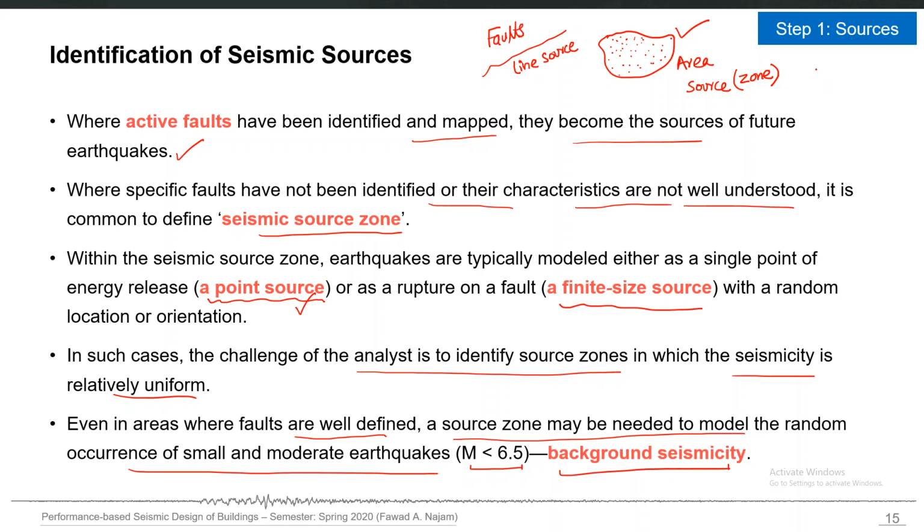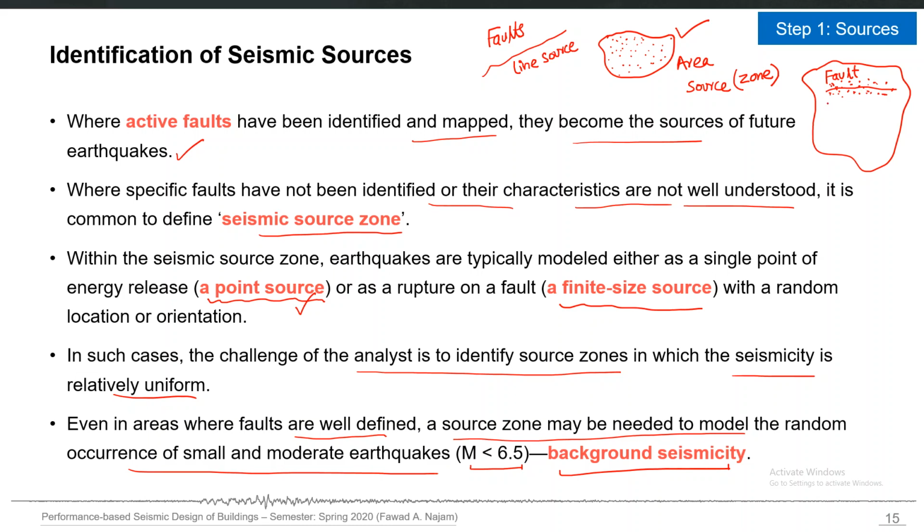So, for example, if you have this study area here on the top, and the historical seismicity pattern may be like this, and the historical earthquakes are just spread along this line, and let's say this is your fault, and it is well defined, it has been characterized already, and its values and characteristics are already available.